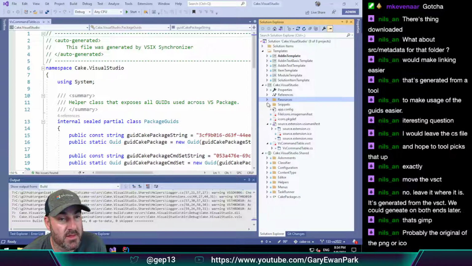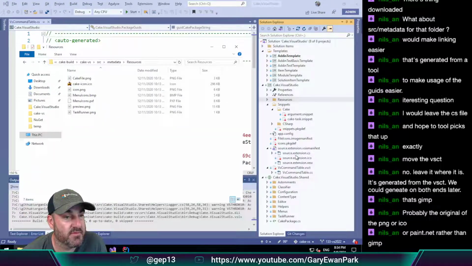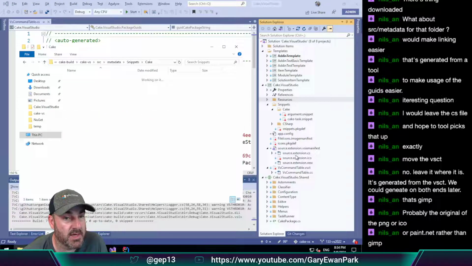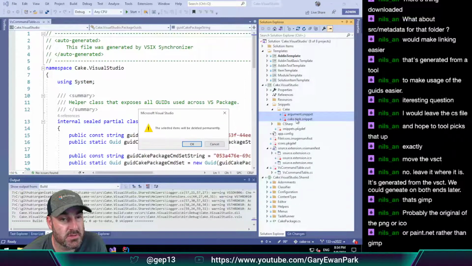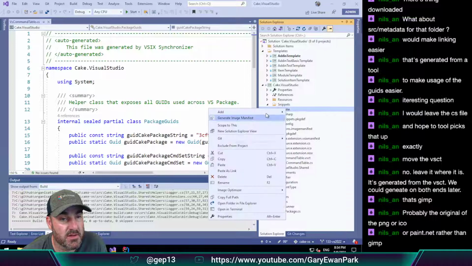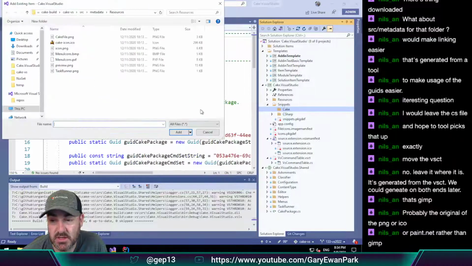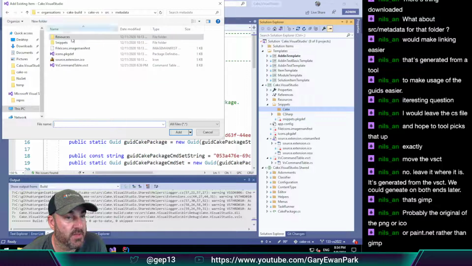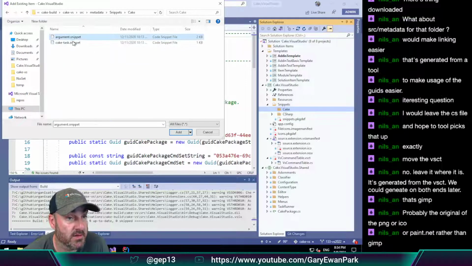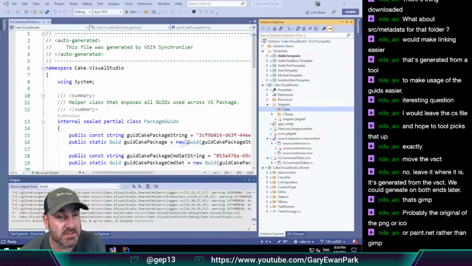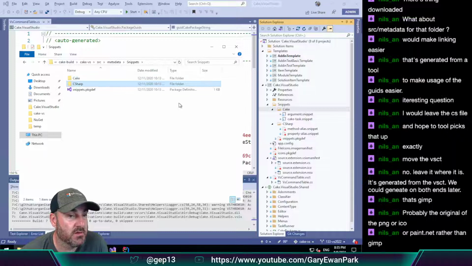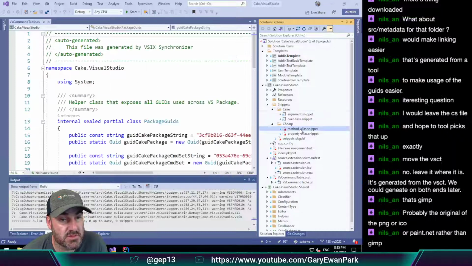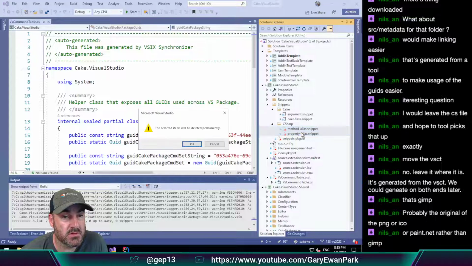Okay, then my snippets, I have cake, 2 snippets in there, so I can delete those ones and then add existing item, up a level, snippets, cake, snippets, add as link, and then in my C# folder I've got 2 files. This one, let's delete those,